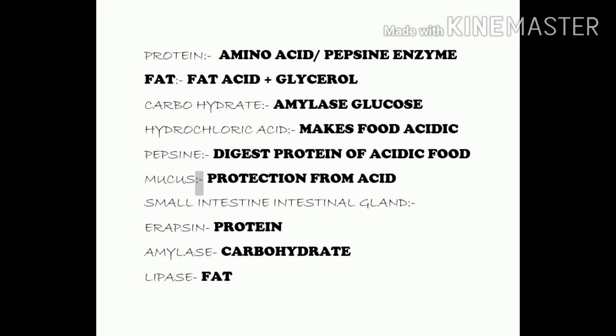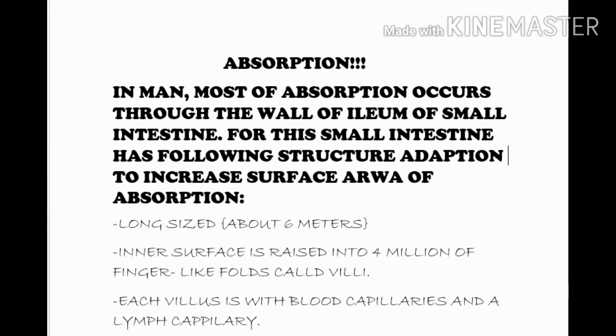So, this was about how digestion takes place in human beings, and digestion is completed in the small intestine as I discussed earlier. Now, because digestion has taken place, it is time for absorption. So, let's discuss absorption. In man, most of the absorption occurs through the wall of the ileum of the small intestine. For this, the small intestine has the following structure: